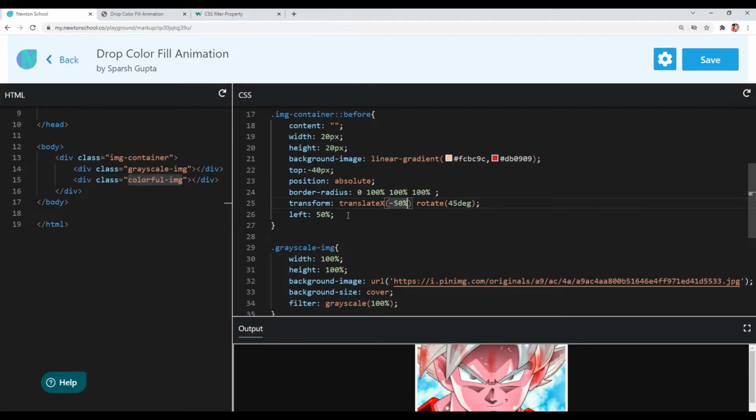It's a technique where left 50% and translate x minus 50% are used together to center an element horizontally. I will create a separate video on how to center elements, but for now just understand that left 50% and translate x minus 50% will align our before pseudo element horizontally center.